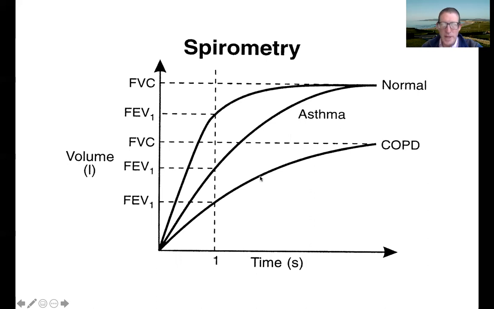If you've got COPD, then the slope gradient is even lower. And crucially, key learning point here is that you don't reach the normal predicted forced vital capacity. So that's a big difference between asthma and COPD. And that difference between the normal predicted vital capacity and the reduced vital capacity in COPD would represent the increase in residual volume due to gas trapping. So the reason you can't reach a normal predicted vital capacity is because you've got all that air trapped in. You can get the air in, but you can't get it out. So